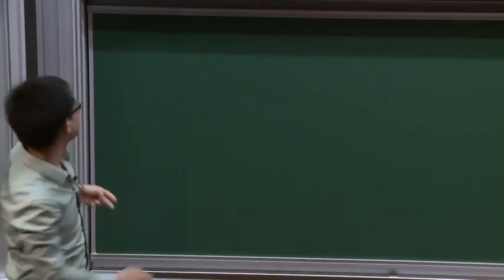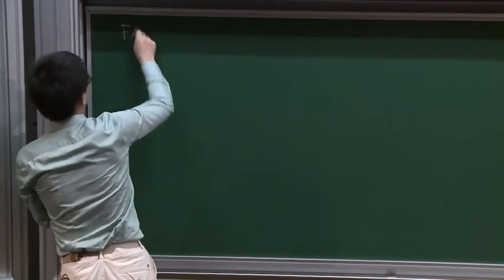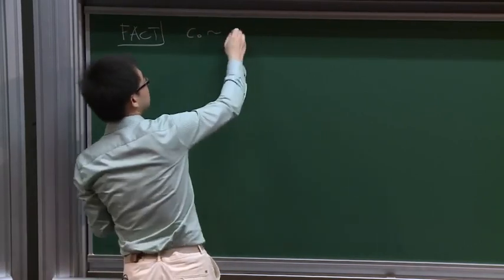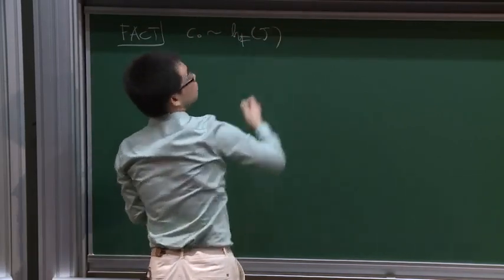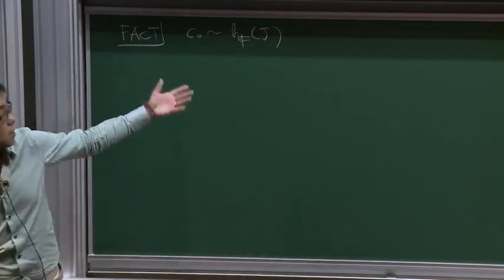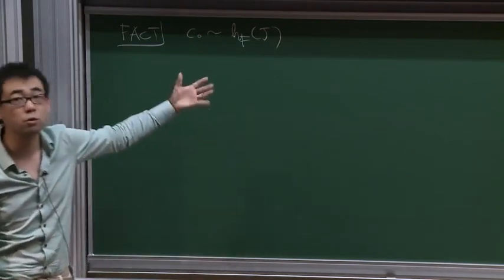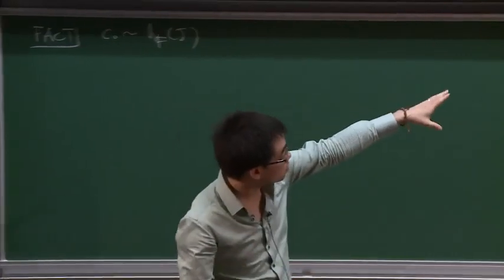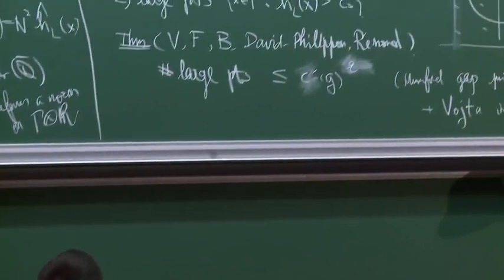And they found this C0. So in fact, the property of C0 is that it is linear in terms of the Faltings height of the Jacobian. This is how they constructed the C0. The whole point is to find a good C0 such that this Vojta inequality holds. All right.